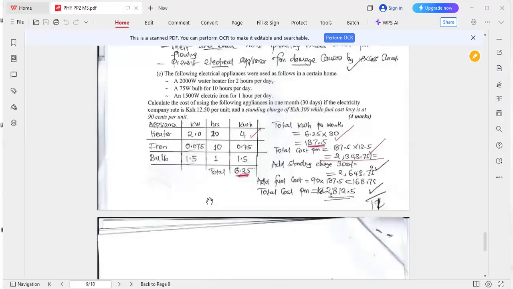Part C, we have electric costing. Electric costing is over there. We can go through the total